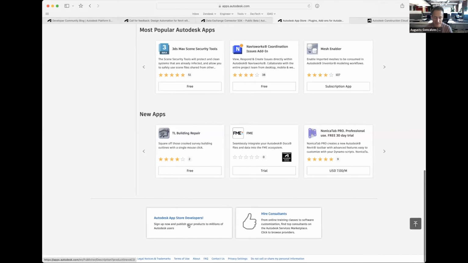Okay. So inside BIM 360, inside ACC, you have a way to just enable an app on your account that's available. Your app can go there. The way to start publishing is the same as you do on the App Store. Just go to the App Store. If you scroll all the way down, there is Autodesk Developers, right? If you click here and follow the process, you can publish your app on the App Store, and at some point you can ask to be published in the in-product app store.